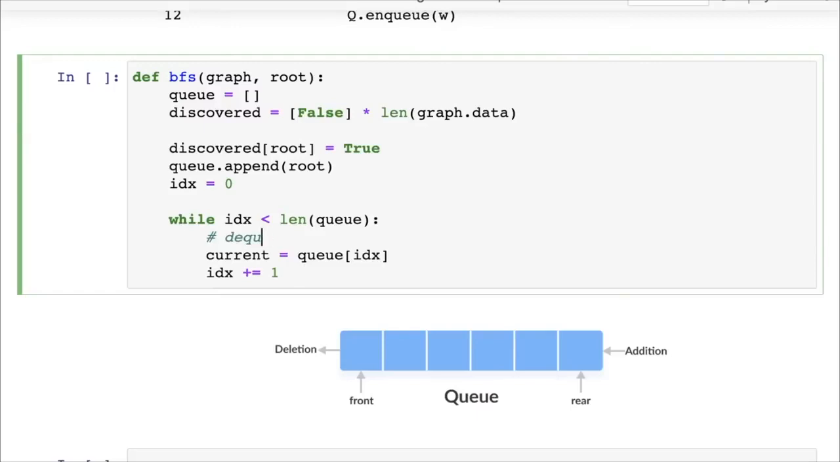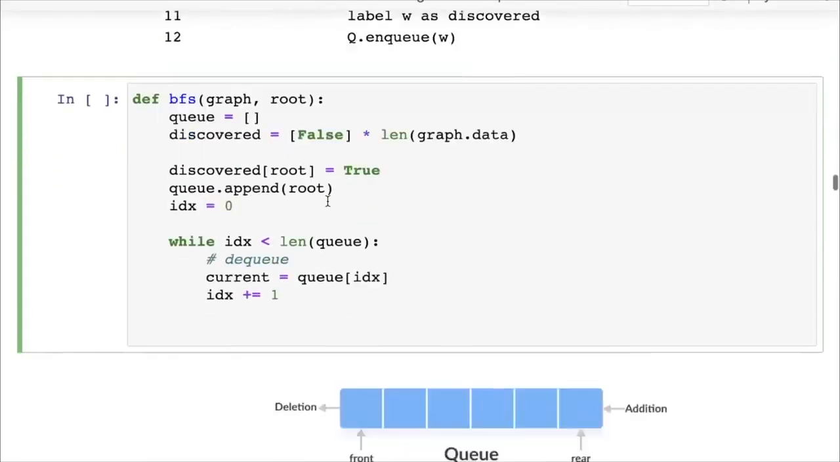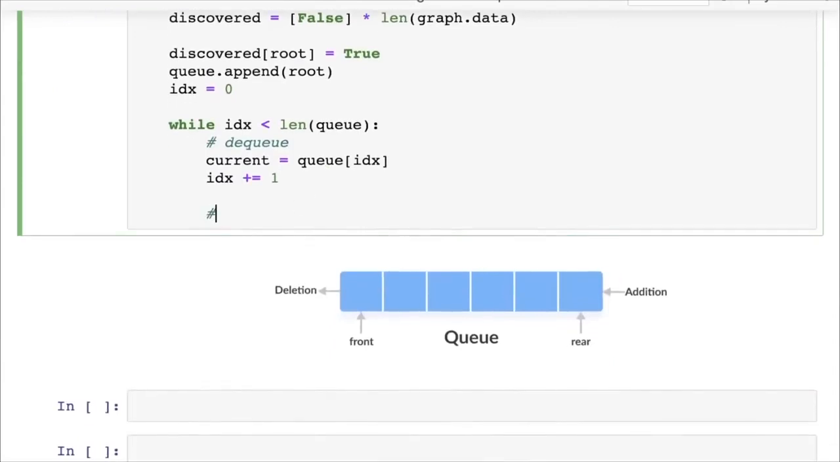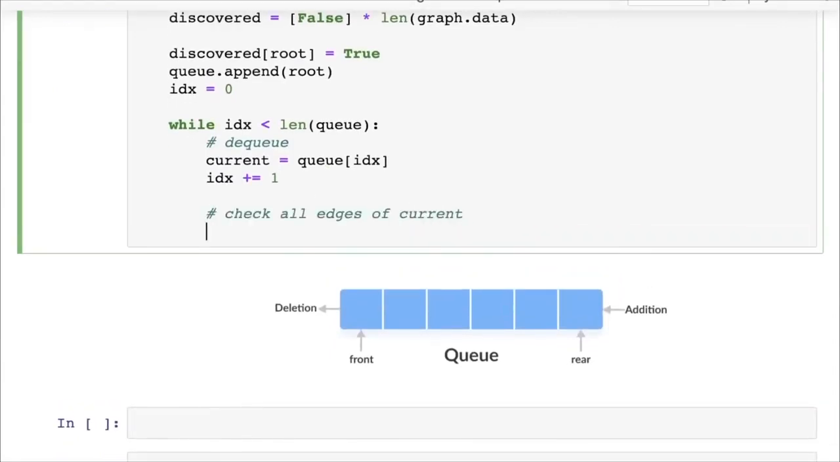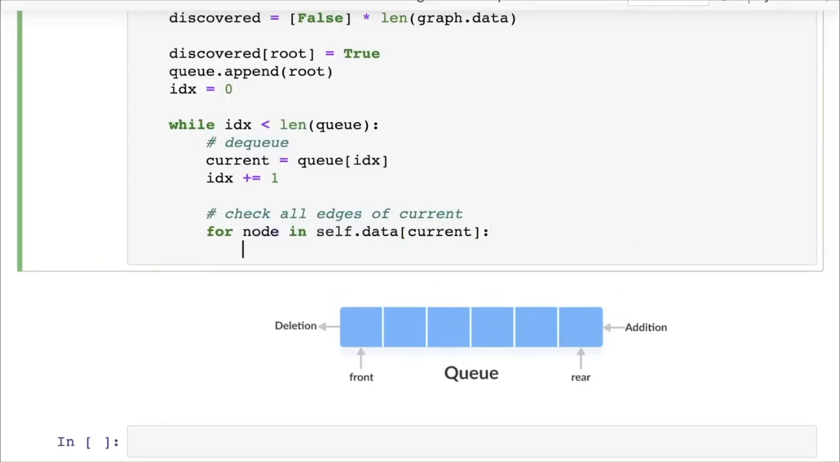So this is the dequeue operation. Then what do we have next? Now we want to check all the edges of current, right? So remember we have the adjacency list representation. So we will get, for node in self.data[current]. self.data[current] contains a list of all the nodes that are connected with the current node. So for node in self.data[current], if not